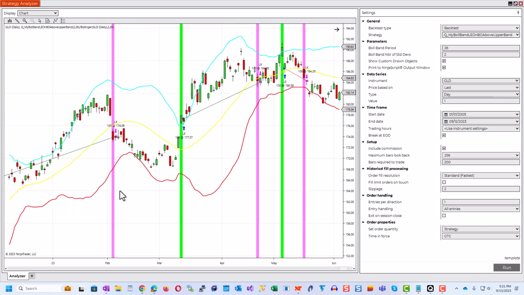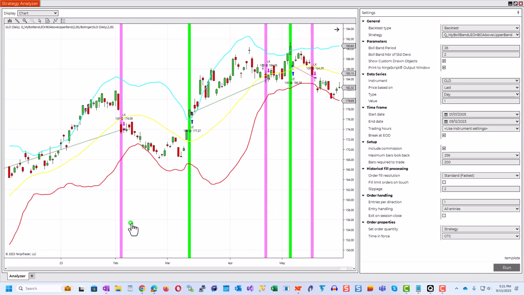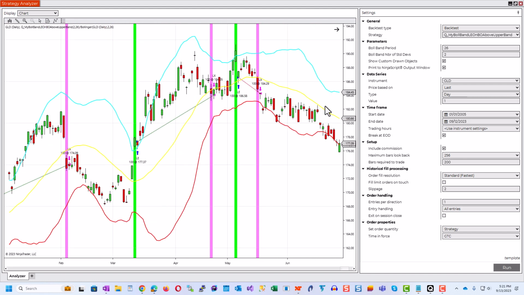So it did everything, and here's the bright green background color signifying the long entry signal bar, which precedes the actual long entry bar where the order is filled. And here is the hot pink long exit signal bar, which precedes the actual bar which the long exit market order is filled. So that's it. We can see here that everything worked correctly and everything drew in the chart.